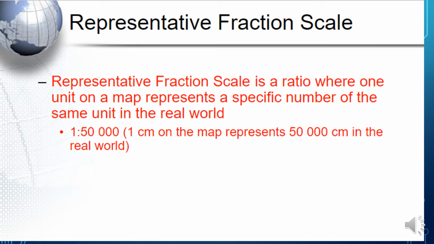Now, what is a demerit? Reduction and enlargement of a map makes the scale useless because sometimes we are using this to reduce a map. For example, from 50,000 centimeters on the ground, we are reducing it to only 1 centimeter. So, imagine how many minute details we are leaving out. And also, calculating the RF becomes slightly difficult.